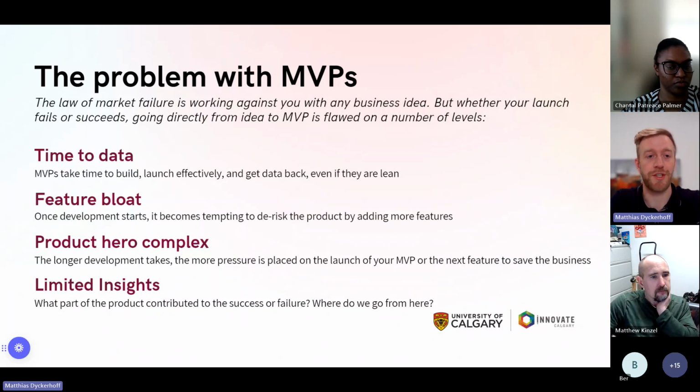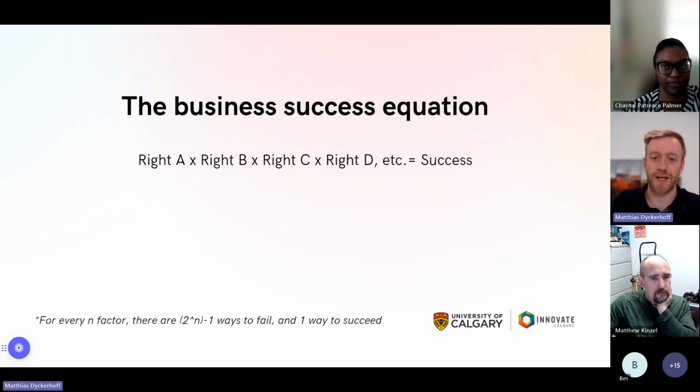It's more focused on early stage development here, but at the end of the presentation, I'm also going to touch on later stage iteration of an existing product and how you approach that. But one of the things that is mentioned in this book, which is very accurate, and what I'm highlighting here about this MVP issue, is that the success of your business comes down to more than one factor. There are a lot of different things that play into the success of a launch of a product, of a business. And you have to really get them all right for it to be a true success.